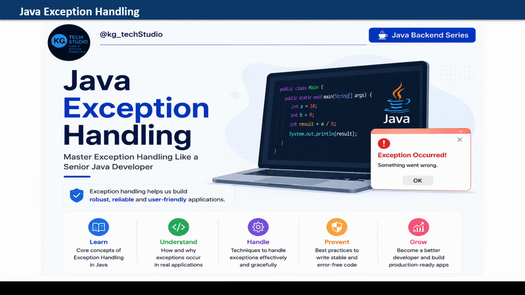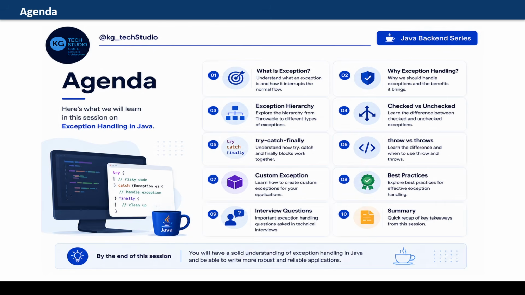Hello everyone, today we will talk about Java exception handling. In today's class, we will talk about what exceptions are, what exception handling is, what the exception